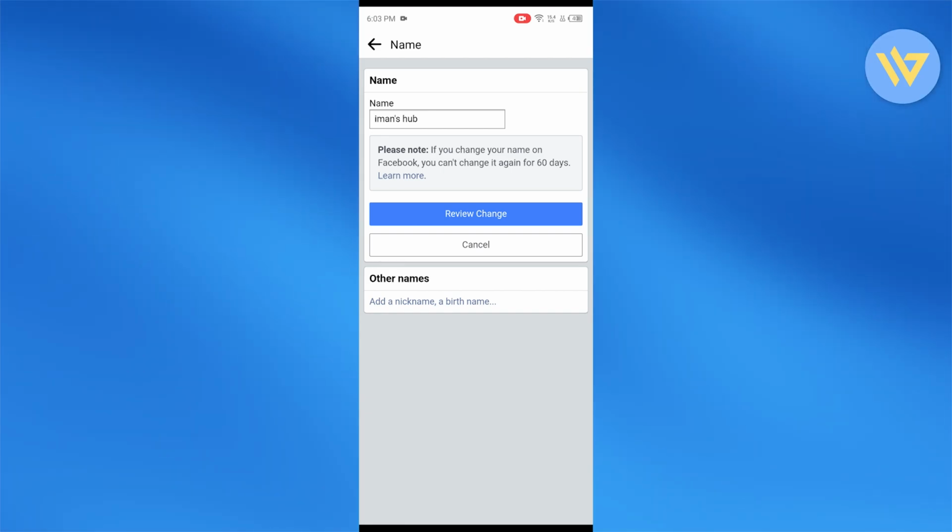Now from here, you can change the name that you've given to the name you want to change it to. You can add and change the name, but you have to keep in mind that you can change your name on Facebook only once in 60 days. Facebook is going to take a while to review your change. It's going to review the change for about 3 days, and then you're going to get notified